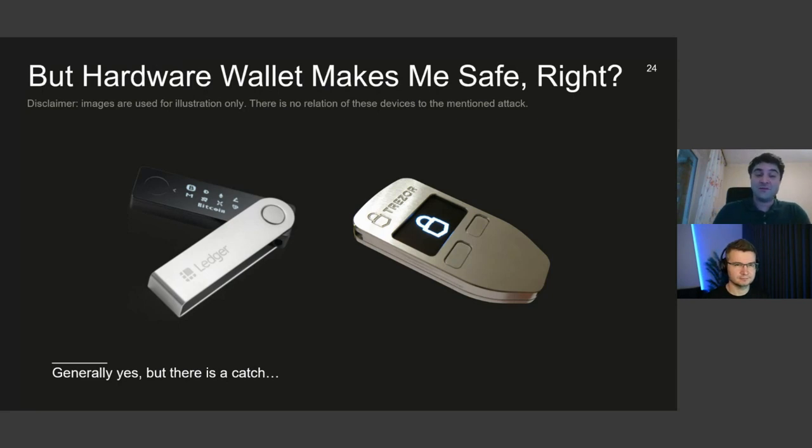And because the victim expects to actually move some money, and the pop-up comes on the hardware wallet, in most of the cases with the victims that we talked to, they just blindly pressed approve, and then once they did that, the money was gone. So the trick is that the malware injects the different address right at the moment when the user initiates the transaction, right? Yep.